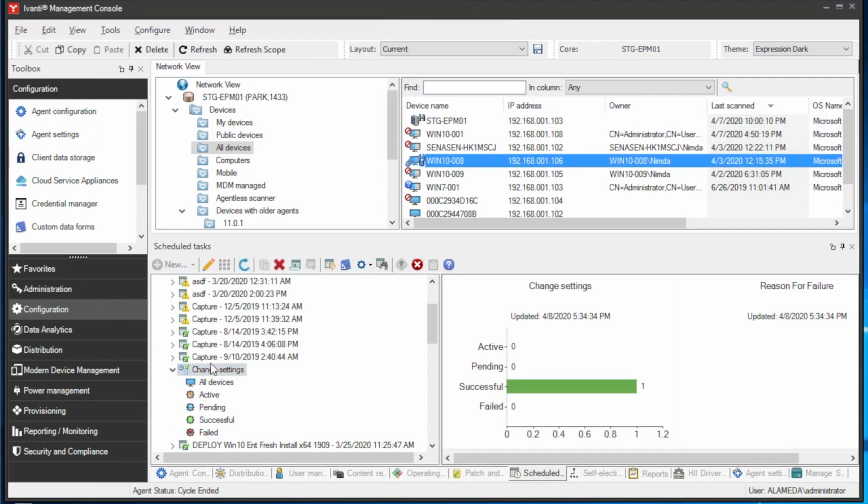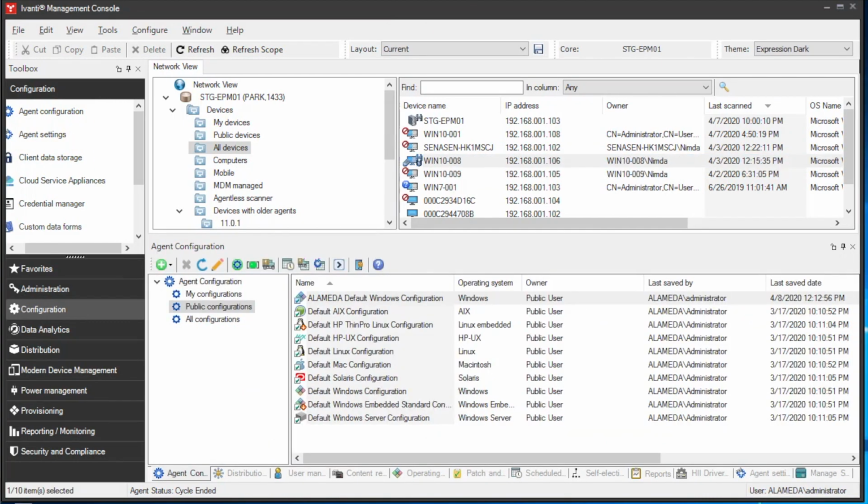Once the scheduled task has reached a successful status with a green bar, the client is now aware of its adaptive setting. Thank you for joining us. Today we covered how to reduce the amount of traffic generated by the Ivanti EPM agent when connected to the